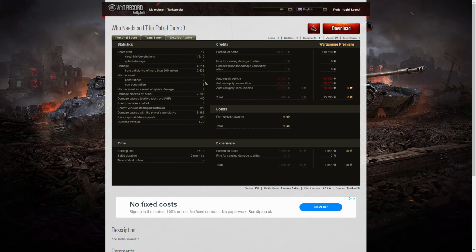If you can get behind him and shoot them in the ass, they do tend to go through. Other than that, they just tend to bounce off the front. And he received 2 hits by way of splash damage. Yes, that M40, M43 was really the only successful player on the enemy team to do some damage to Salty. He blocked damage of 2,300 hit points, spotted 5 enemy vehicles, damaged 9 of the enemy, killed 3 of them, and did